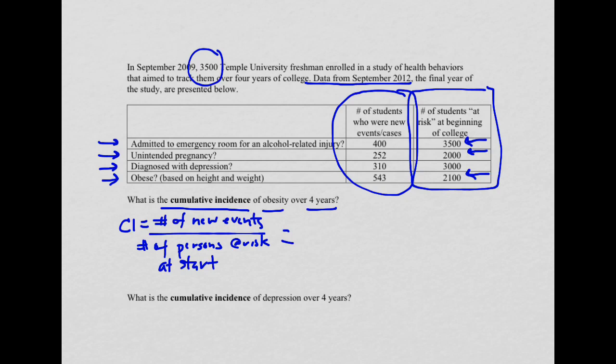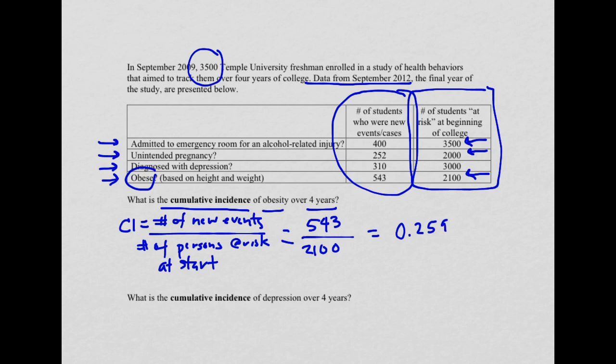Our question is about obesity, so we'll look at our bottom row here. Number of new events during the 4 years: we had 543 people become obese at some point during college, during our 4 years. And our denominator, the number of persons at risk at the start, is our 2,100 because, again, some of these students were already obese, so they didn't have the potential to become obese over the 4 years. So we can divide our 543 by 2,100,